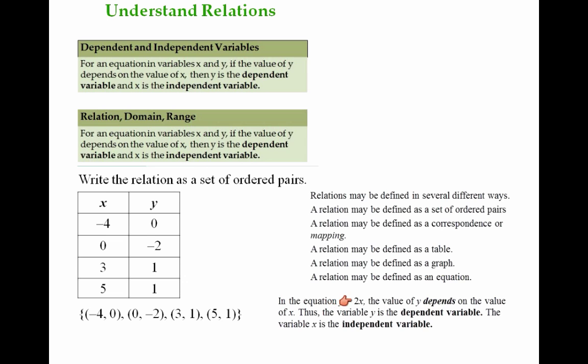So if I have y is equal to 2x, in this equation y is equal to 2x, the value of y is dependent on x. So therefore, the value of y is the dependent variable and the value of x is the independent variable. So it means that if I substitute for x any number, let's say 0, 0 times 2, that would be the value for y, which is in this case